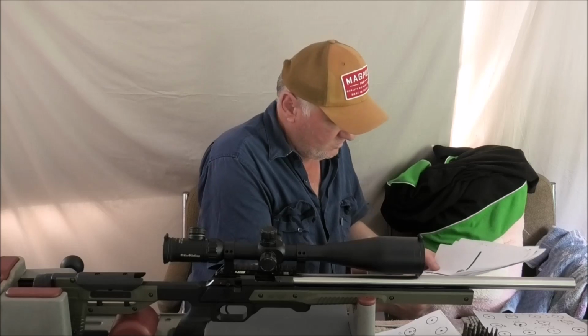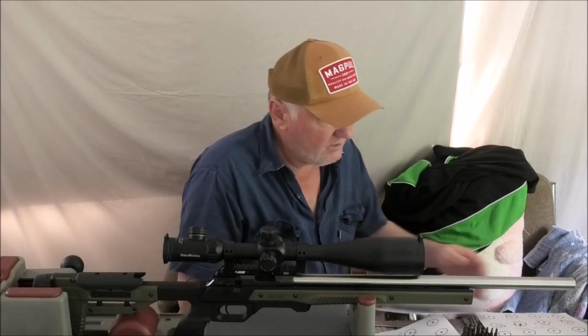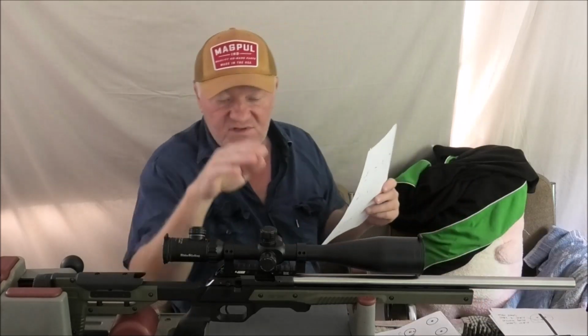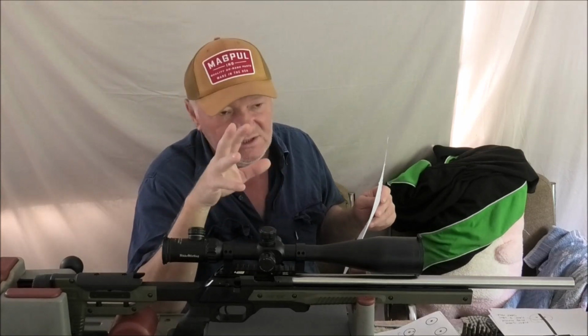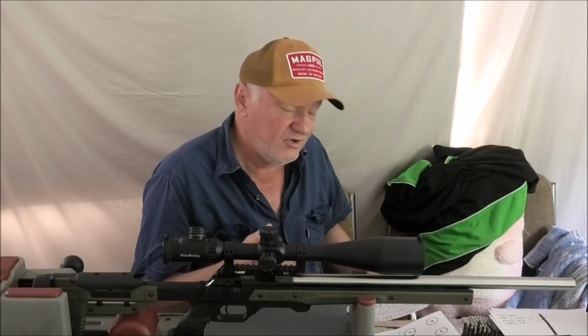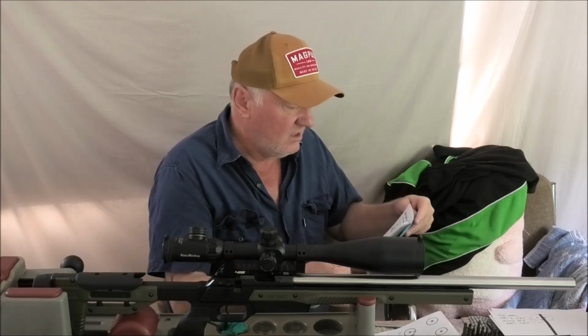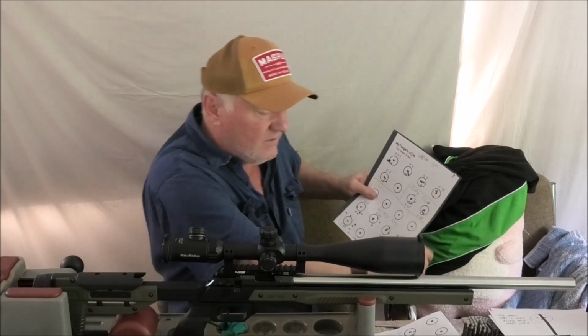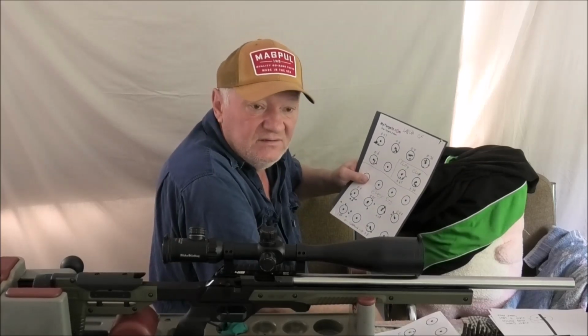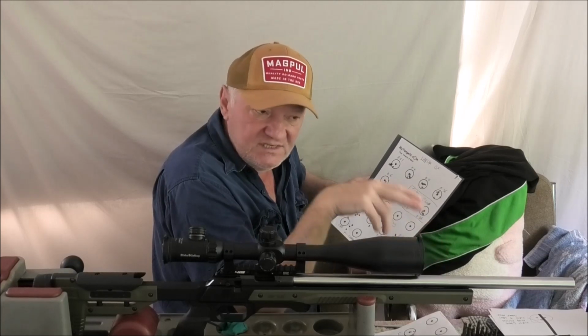Let's see. Okay, so we'll go to, oh, here's a mansion. This is the first rifle, or 22 barrel, that I've ever owned where I actually got reasonable groups out of shooting Lapua Center X. Honest to God, I'm not exaggerating. I've never had Lapua Center X, not the batch that I've got anyway, shoot any good out of any 22 that I've got. Not the Browning T-bolt, not the Hauer 1100, not the 24-inch trainer barrel CZ that came with this